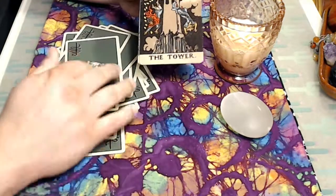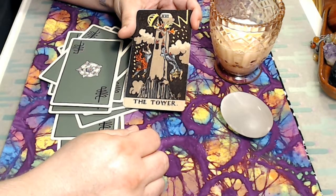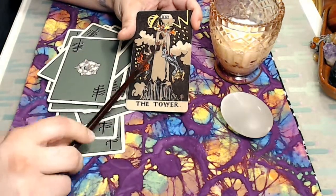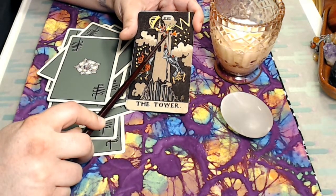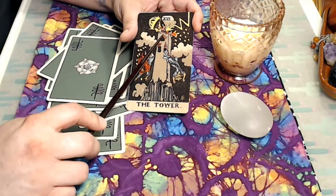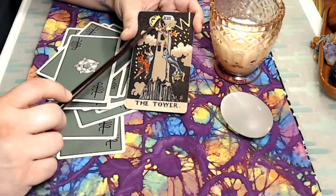Or, this card, the Tower. So the Fool can only sever himself from the Devil through release in sudden change. There is a monumental crisis of some kind. Forces of nature. So you've got the lightning bolt. You have the shock of humiliation as well. Because the symbolism of the crown at the top of this fortress, this tower, and the people plummeting to their presumptive demise from the top of this tower